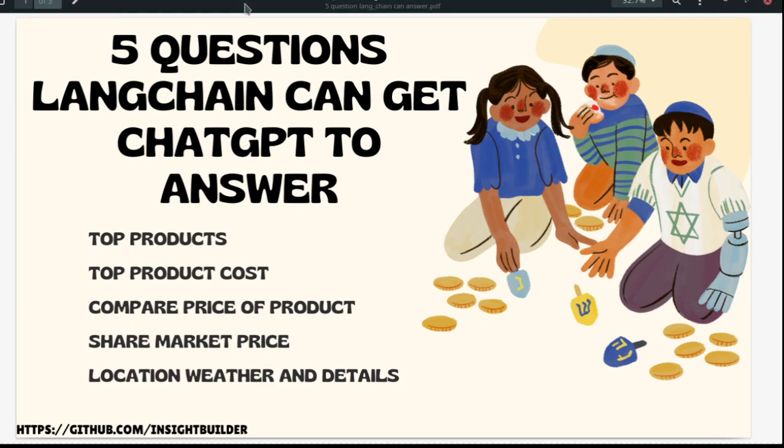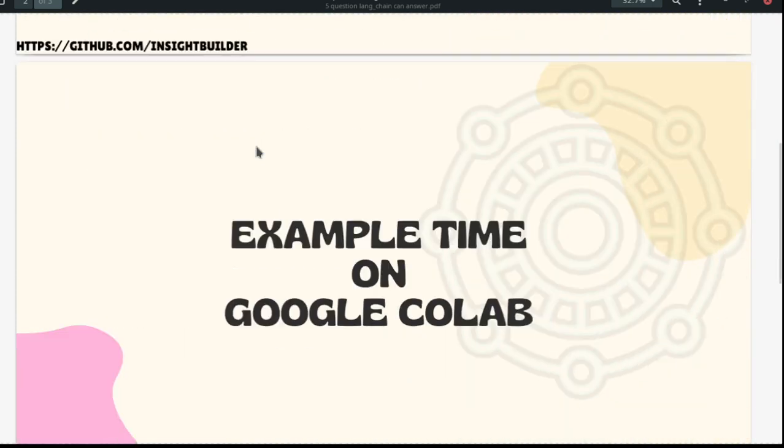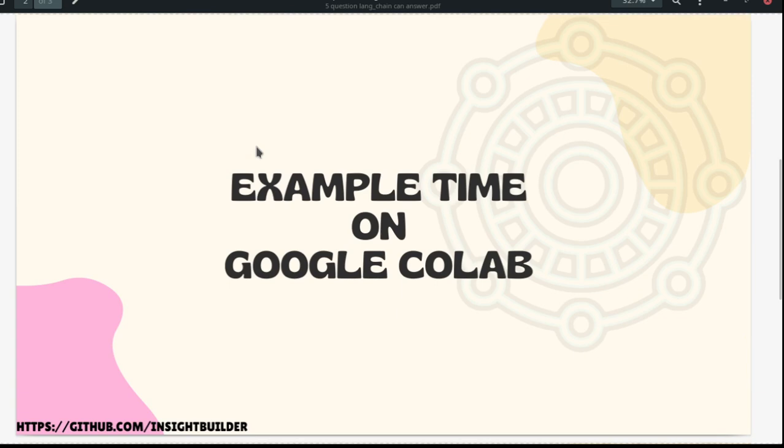Five questions LangChain can get ChatGPT to answer: top products, top product costs, compare prices of products, share market price of a particular company, location, weather, and details. All these things, if you ask ChatGPT directly, you will not get the answer. However, we are going to see how to make ChatGPT and use the rest of the ecosystem with LangChain and